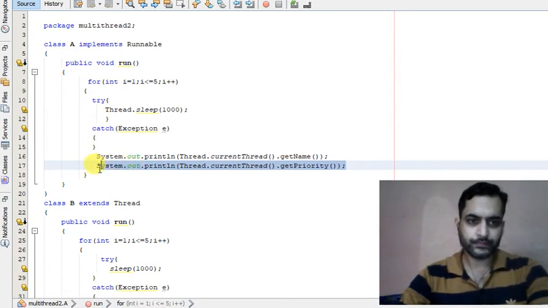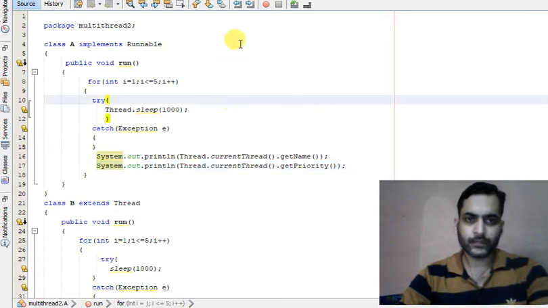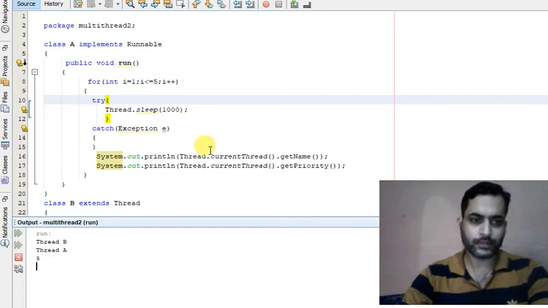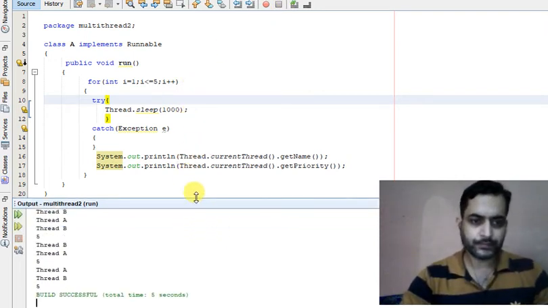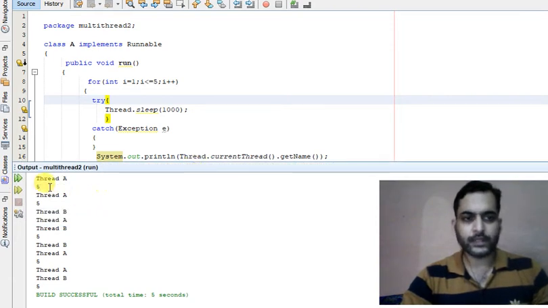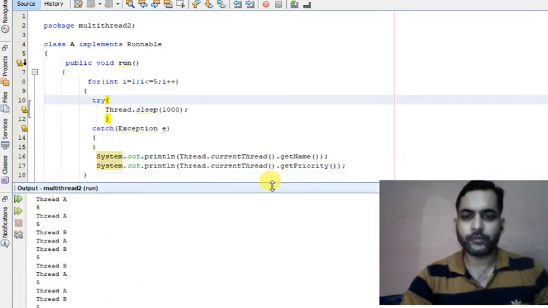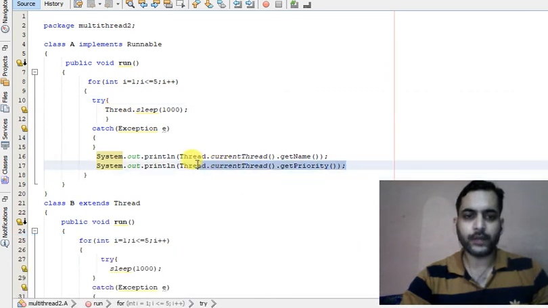So this will print the default priority of thread A, you can see it is printing 5. So 5 is the default priority.